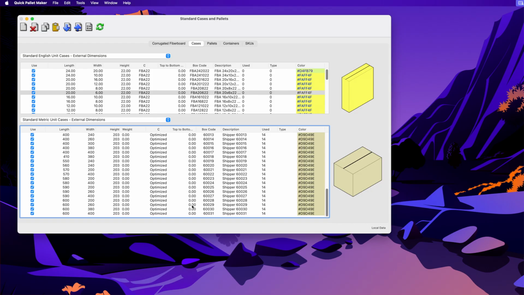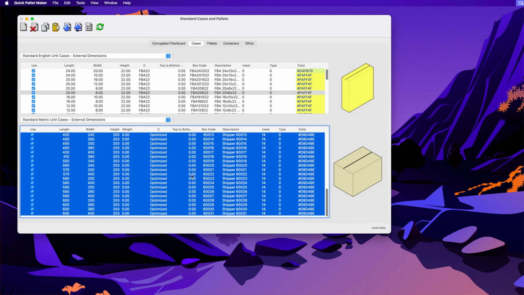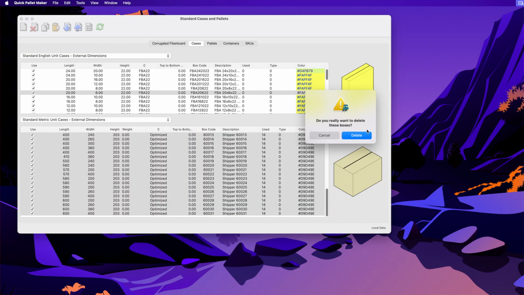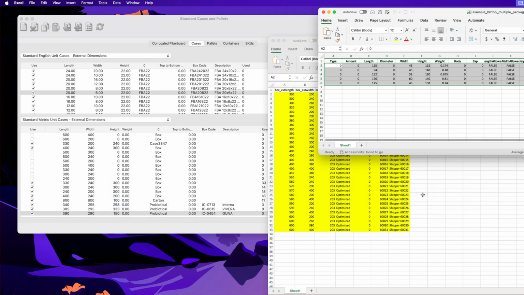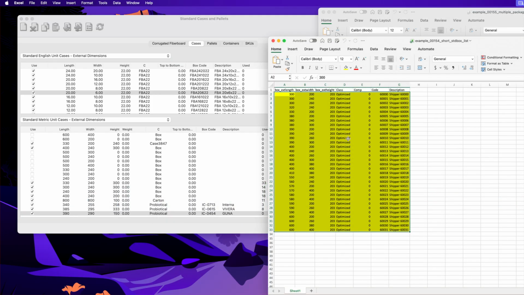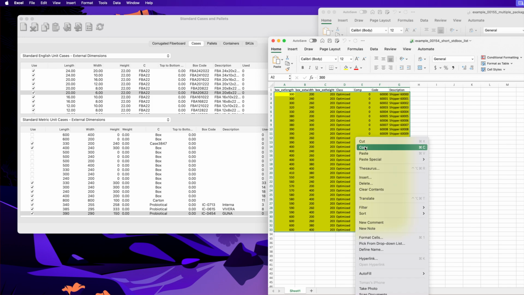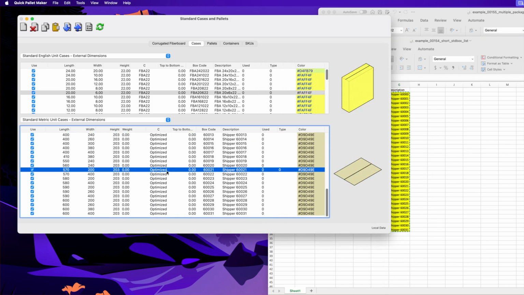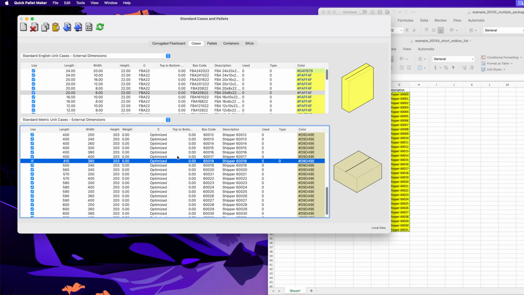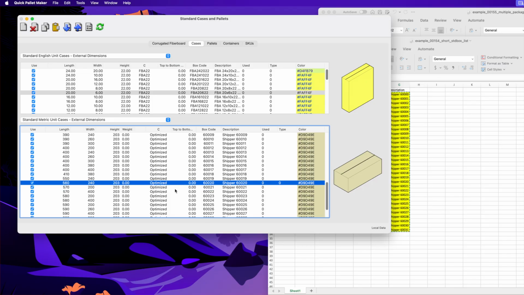So we can delete them here, clear them with a backspace, delete, yes, and then we can copy them from a spreadsheet. We select the boxes in the spreadsheet, we copy, and then we paste. And we see that the boxes are here. The class is optimized. It's called optimize. Okay, so now we go to